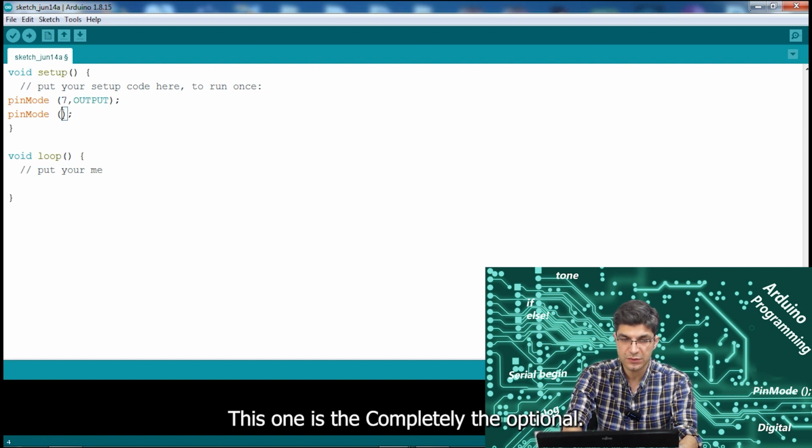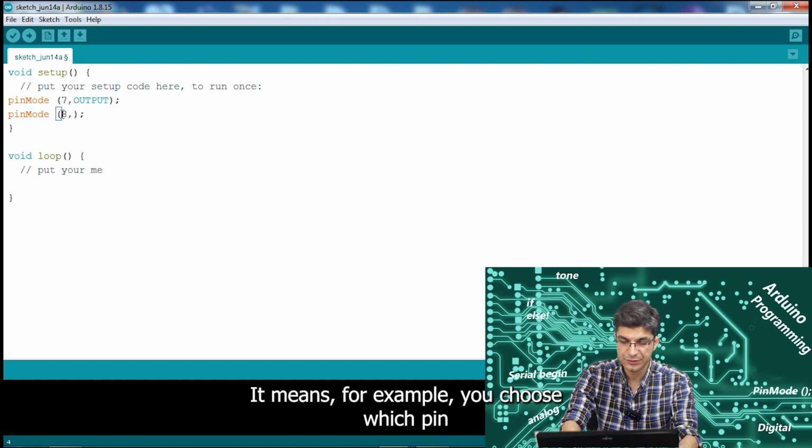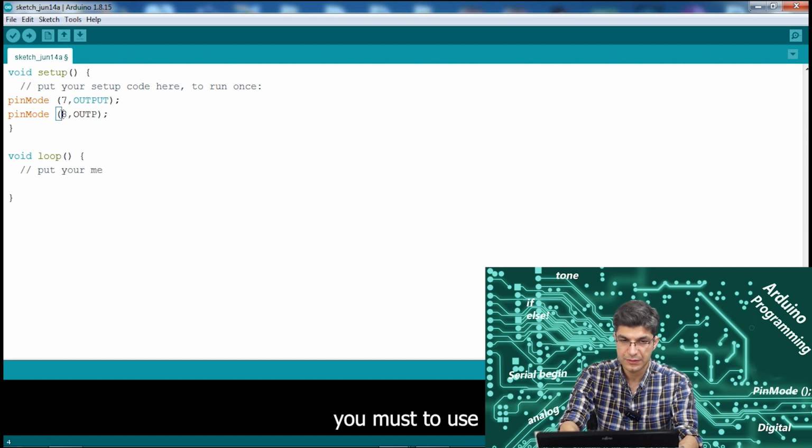Why do we choose this? This is completely optional. It means, for example, you choose which pin you want to use. Outputs. Then I come in here and write digitalWrite 7 HIGH,